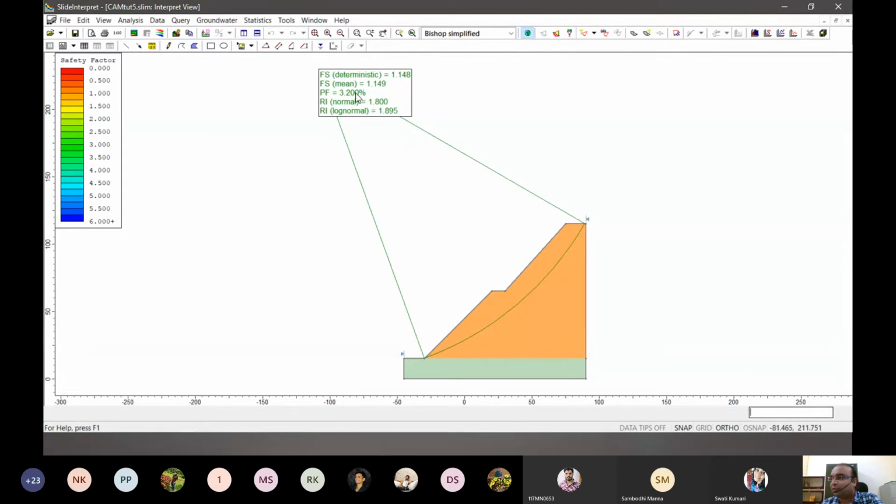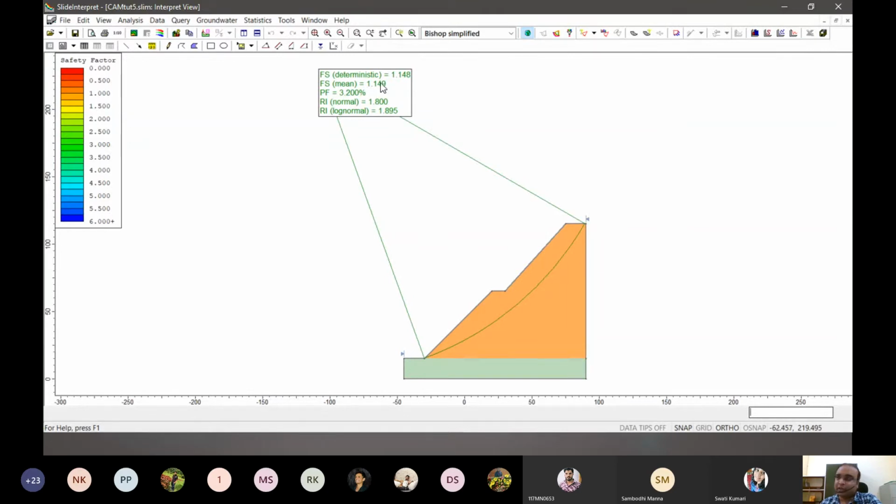That's a big change in the probability of failure. As compared to that, the increase in factor of safety is hardly even 0.5. But there is a shocking difference between the 50% probability of failure we were getting last time and the 3.2% we are getting this time.